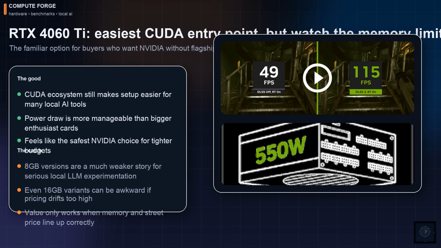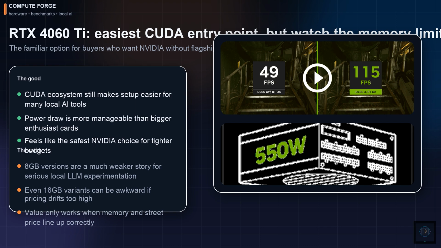Next, the RTX 4070 class. This is where things start to feel more comfortable. You get more raw speed, stronger overall performance, and a better experience when you want local AI and a fast all-around system. The downside is simple: the price climbs fast, and 12 GB of VRAM is still not a magic